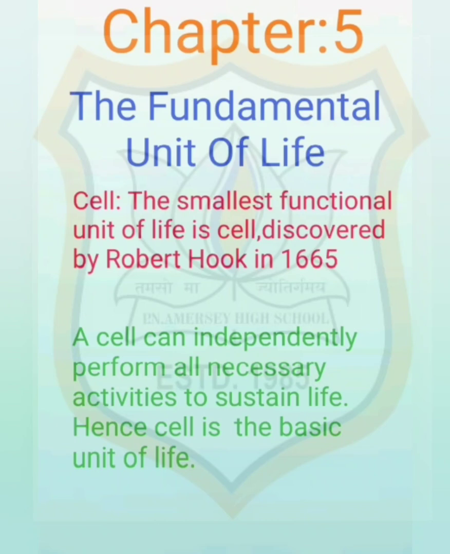While examining a thin slice of cork, Robert Hooke saw that the cork resembled the structure of a honeycomb consisting of many little compartments. What is cork? Cork is a substance which comes from the bark of a tree. Hooke was observing this with his self-designed microscope. So Robert Hooke called these boxes or compartments cells. Cell is a Latin word used for a little room.